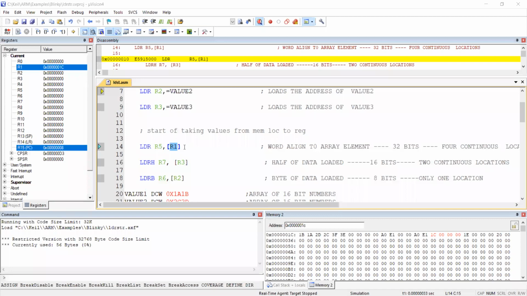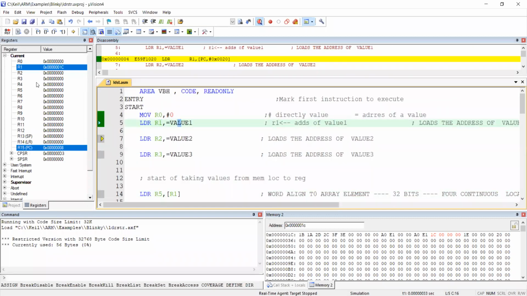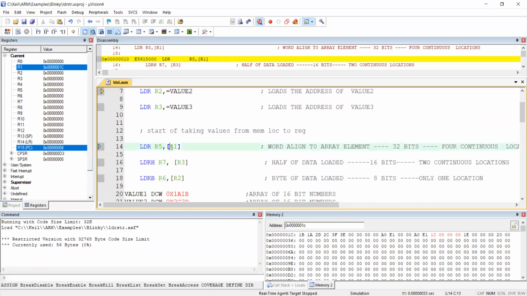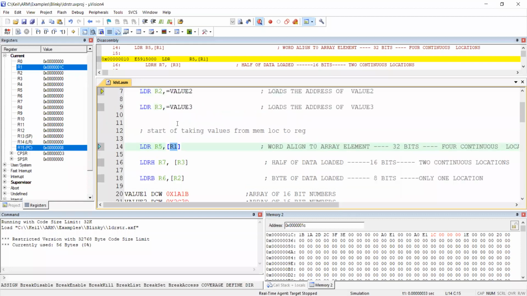Because here you see the definition of R1. R1 definition is value 1. What have you got in R1 here in the register window? 1C. There is no question of R0. In the previous slide I substituted 1000 for the P equal to M formula explanation.